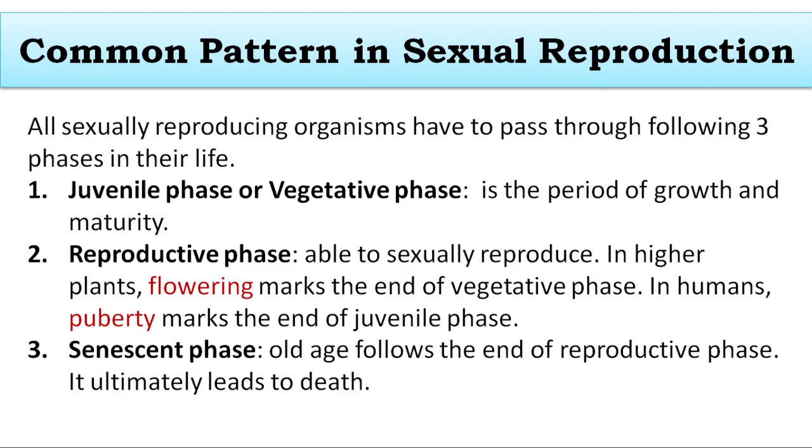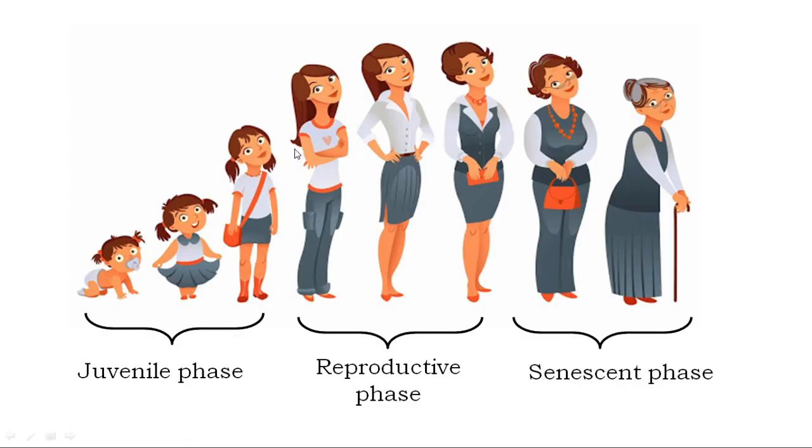Right? So in sexually reproducing organisms, let it be animals or plants, these three phases are common in all of them, right? They are commonly observed. Now let us discuss more about some examples. For example, if you take the example of a human individual, right? When a baby child is born, and till he or she attains sexual maturity, puberty,